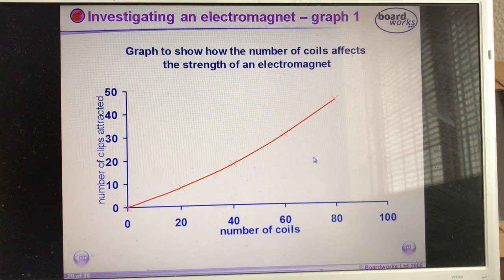Now this graph is particularly important because, for example, if you did 80 coils altogether and you wanted to predict what happens to the number of paper clips at, say, 150 coils, you can extrapolate this graph further along like this, all the way up on the graph paper. Then you can determine how many paper clips you attract by working your way across the graph and determining where it's 150, i.e. the number of paper clips, and you can see